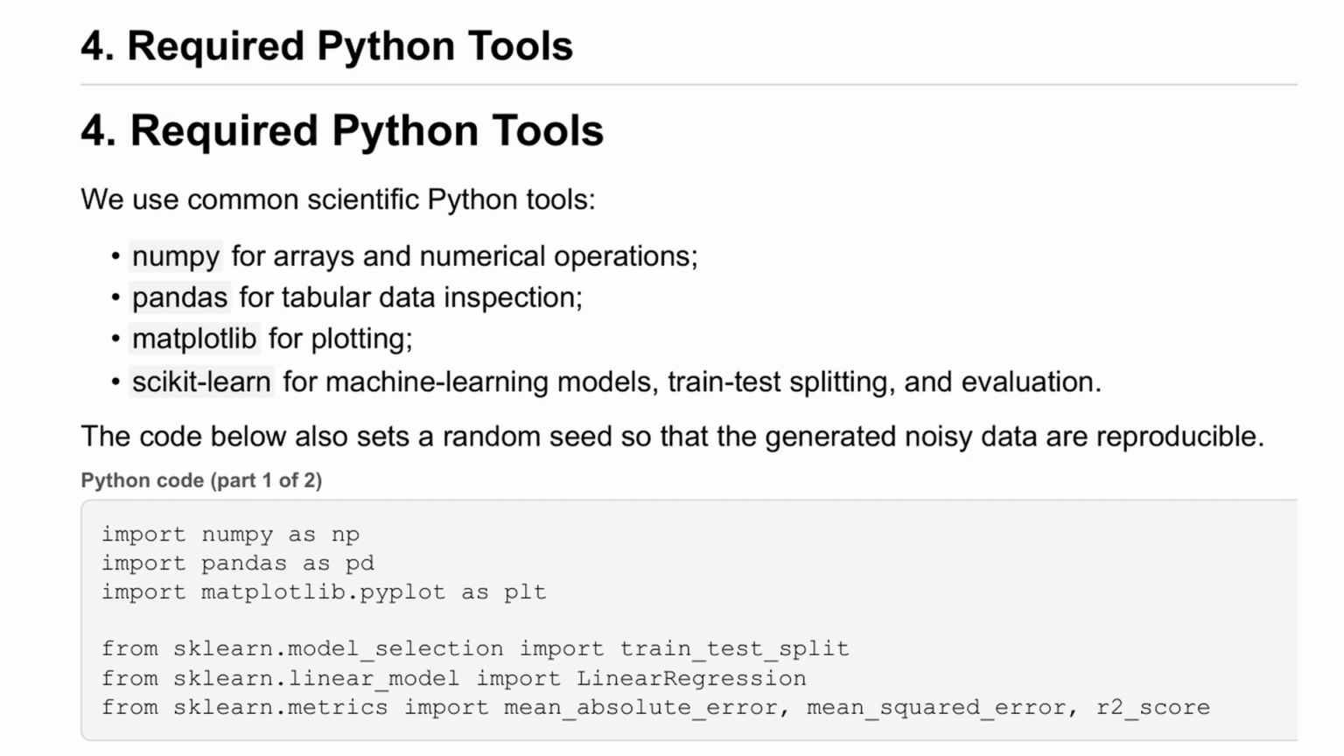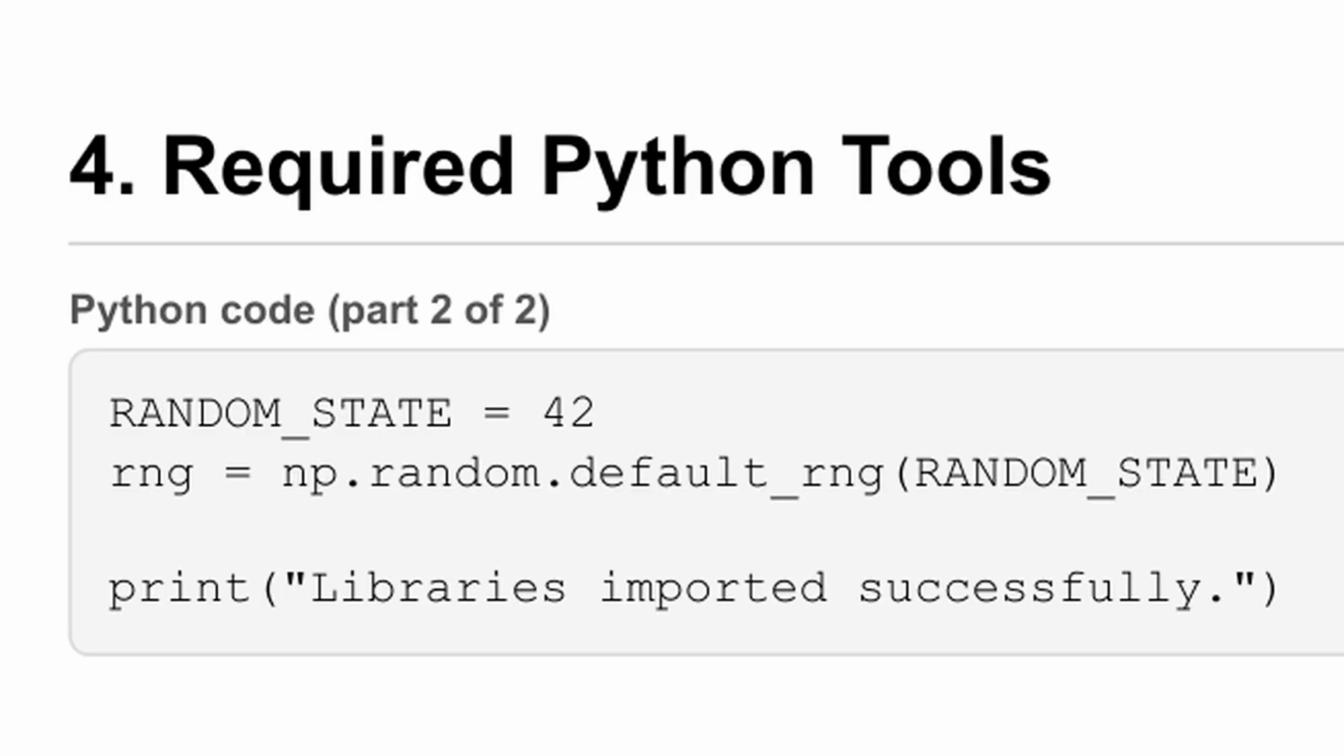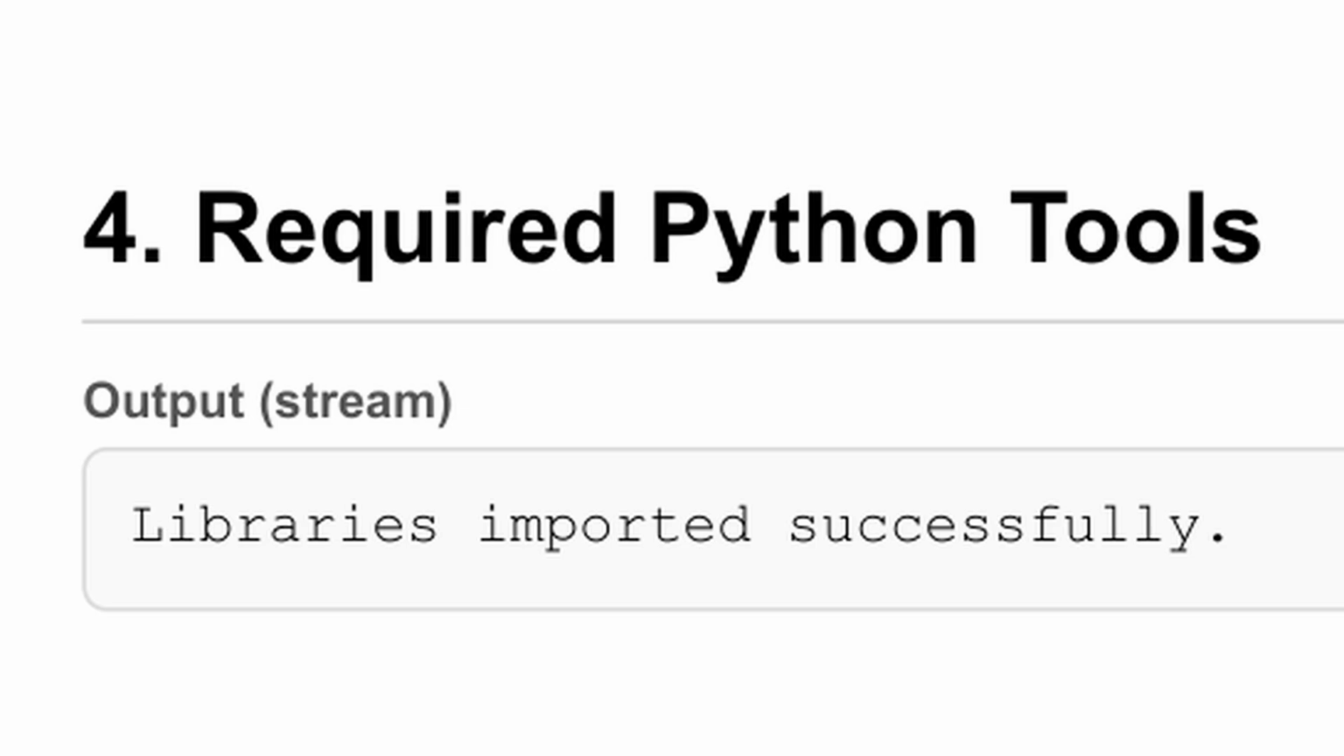Alongside NumPy, Pandas, and Matplotlib, we are introducing scikit-learn. This library provides robust tools for building machine learning models, splitting data, and evaluating performance. Here, we complete our library imports. We also initialize a random number generator with a fixed seed. This ensures that the synthetic noise we add to our data later will be exactly the same every time we run the notebook. The output confirms that our libraries have imported successfully, meaning our Python environment is ready for the